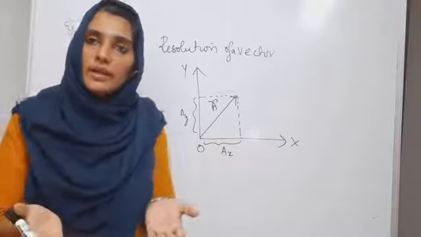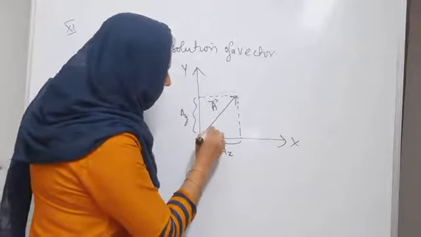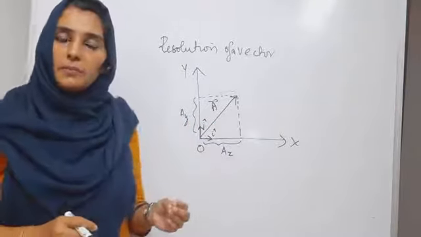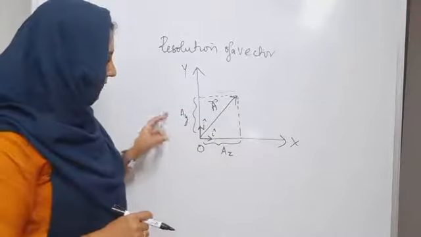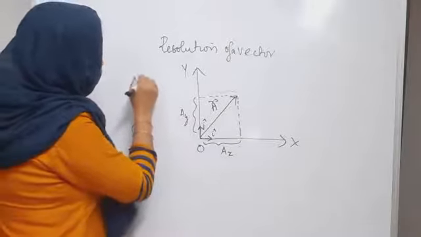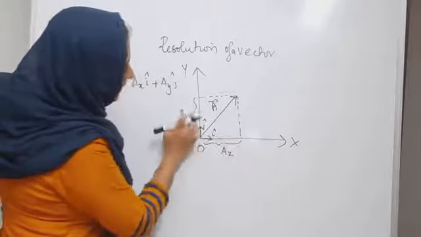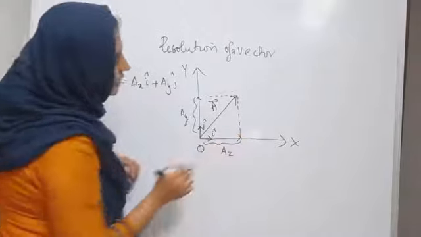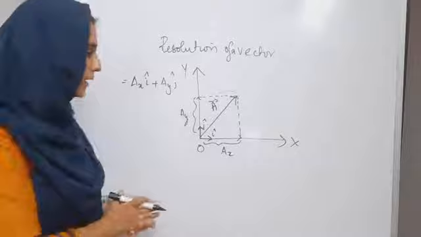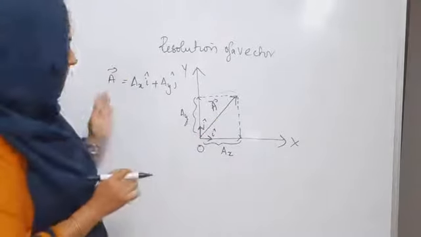Then we require the idea of unit vectors. So we have the help of unit vectors, i cap along the x-axis, j cap along the y-axis. Simply multiply Ax with i cap and Ay with j cap, you get two other vectors. So we can write Ax i cap plus Ay j cap. When these two vectors form the sides of a parallelogram which looks like a rectangle, as it is a rectangular coordinate system or Cartesian plane, we can easily represent this as the diagonal of this rectangle, which represents the third vector.